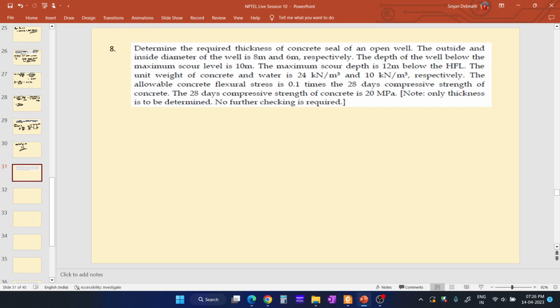The outside and inside diameter of the well is 8 meter and 6 meter respectively. So outside diameter is 8 meter, inside diameter is 6 meter. The depth of the well below the maximum scour level is 10 meter. The maximum scour depth is 12 meter below the HFL,